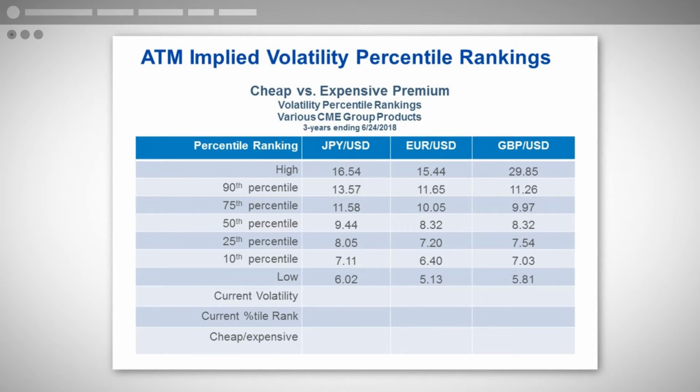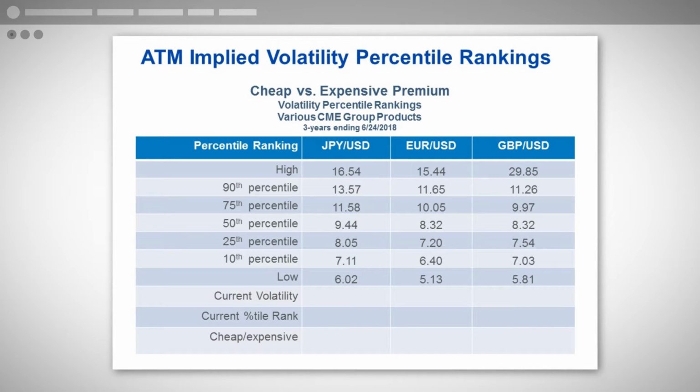So the one thing you want to do is keep an eye on volatility. Use this as a tool to screen out trades that might be bought in the wrong volatility environment. A lot of people learn the strategies, but you've got to align yourself with the correct volatility environment. And the last chart we're going to talk about here has the yen, the euro, of course, which we just went over, and British pounds.